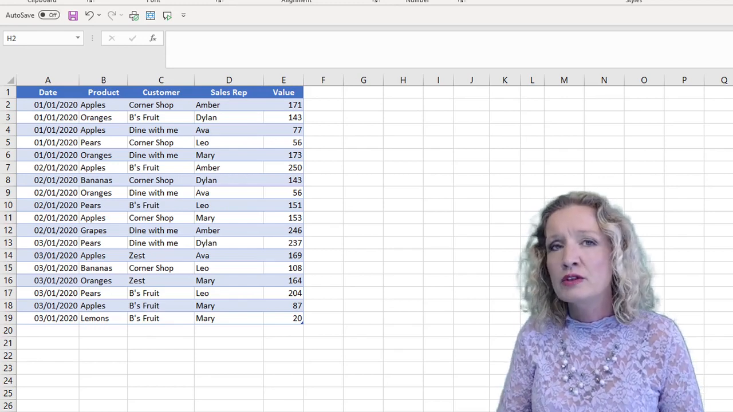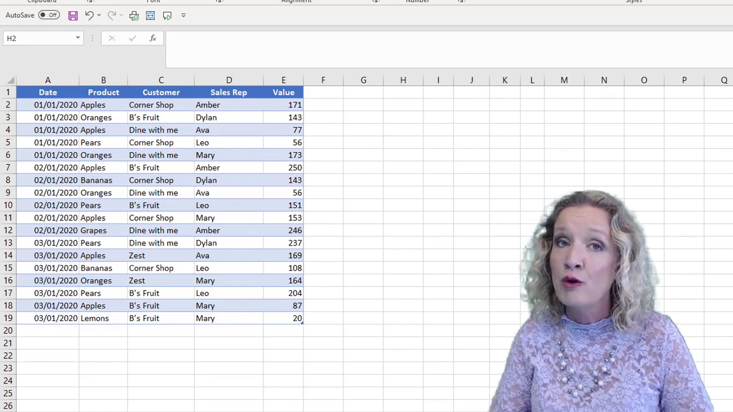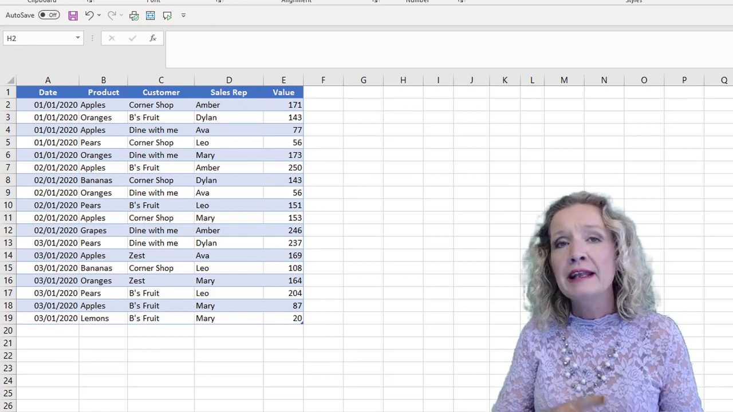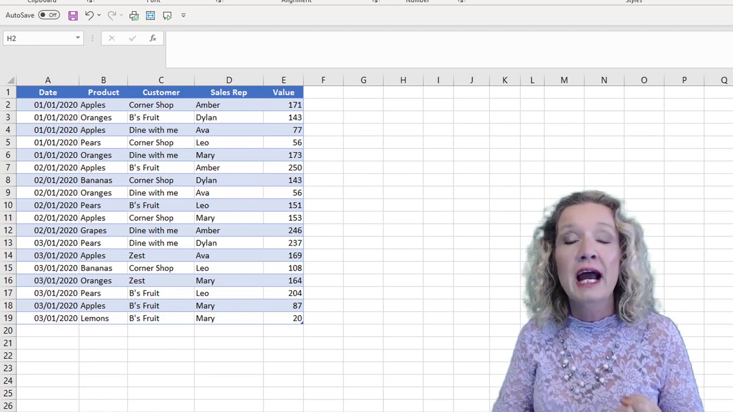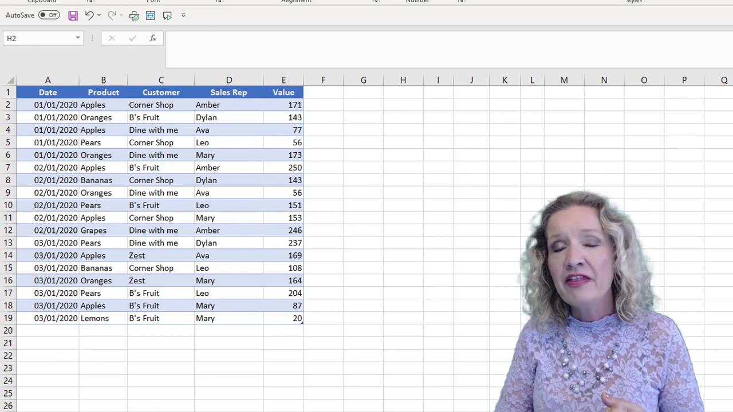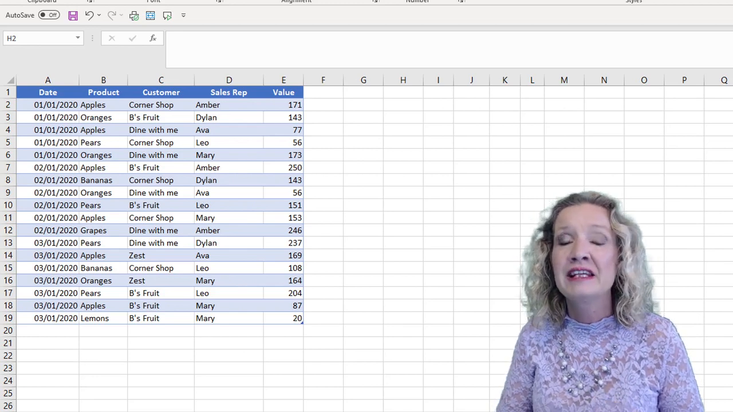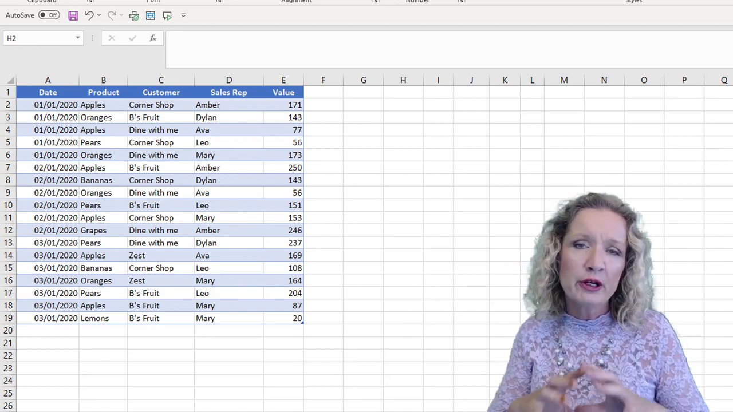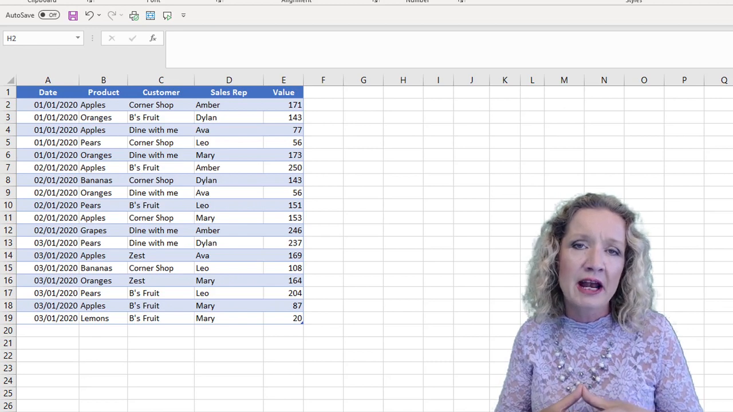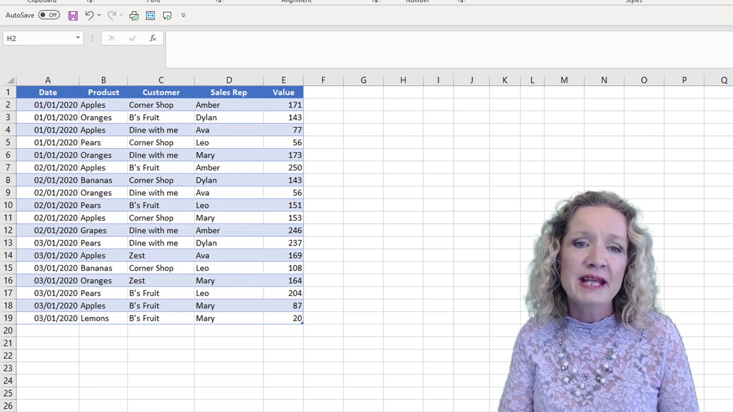In this video, we are going to look at some dynamic array functions. We're going to look at the unique function, we're going to look at the sort function, and then we are also going to look at the transpose function. And we're going to combine these functions together and create a type of pivot table from the sample data that